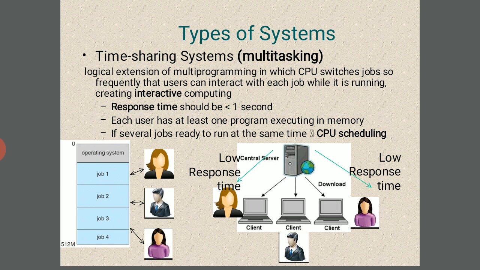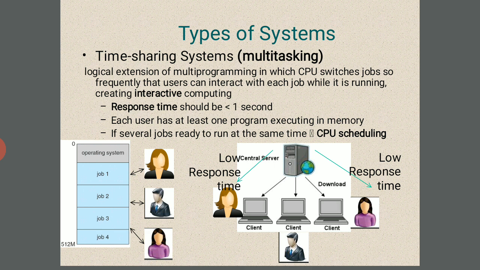Each user has at least one program executing in memory. If several jobs are ready to run at the same time, CPU scheduling is needed. Here, employee 1, employee 2, employee 3 do job 1, job 2, job 3. So here the response time is low.